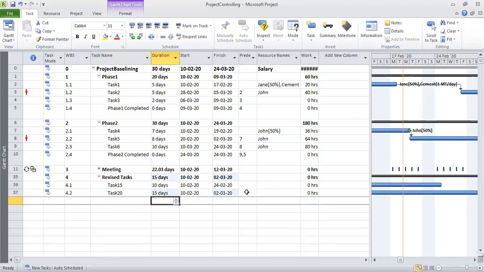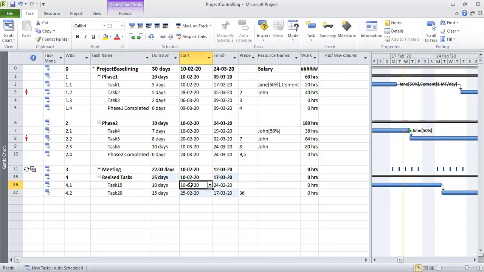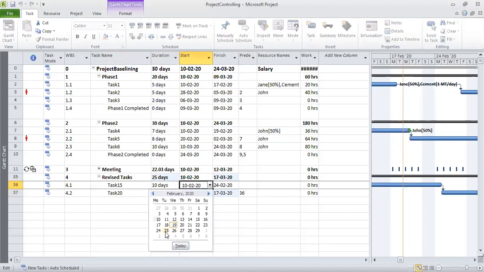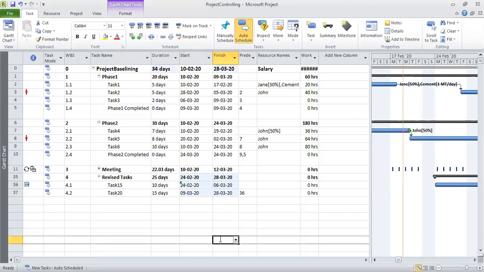So there's a predecessor here which is 36. And task 15 begins not on the project start, but it begins next week. So let us say it begins on 24th, 24th to 6/3 and it starts on 9/3.